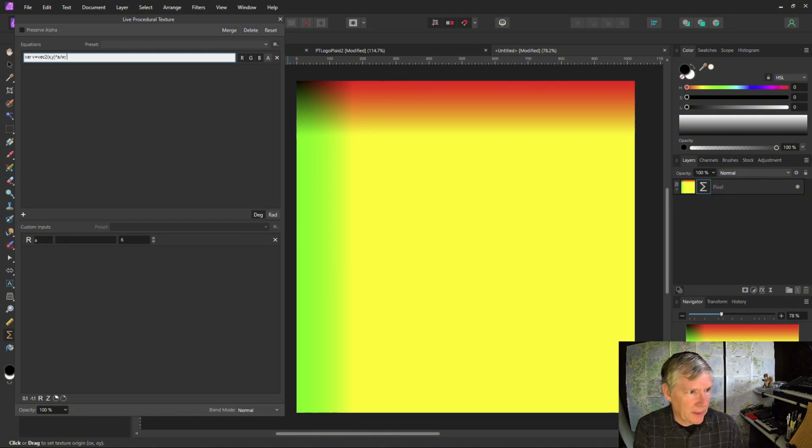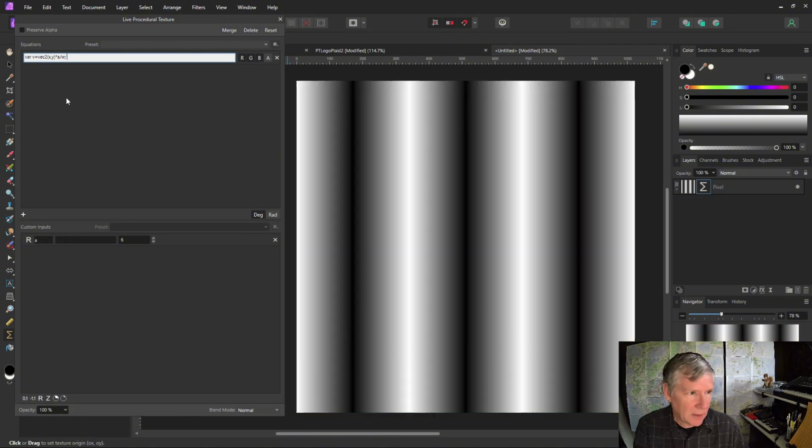Now I'm going to create an oscillator. I'm going to use a single oscillator, OSC, of v.x. So this will take the x component of the vector and apply this oscillator function to it. The oscillator goes in a linear fashion from 0 to 1, back down to 0, back up to 1, back and forth like that. So the regular OSC oscillator just behaves sort of like a triangle waveform, going from bright